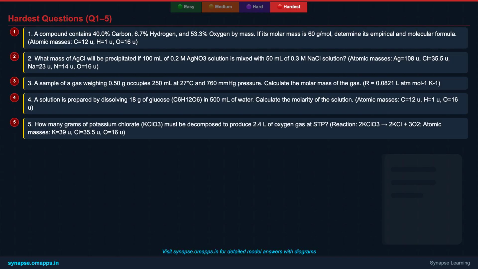You've reached the highest level. These questions are designed to challenge your deep understanding of the mole concept, covering advanced calculations, historical context, and applications. From hydrates and molarity to empirical formulas and stoichiometry, each problem requires careful thought and precise application of principles. Work through them systematically, paying close attention to details and units. Good luck, and remember, every correct answer strengthens your foundation.